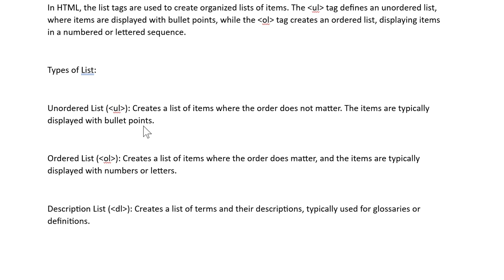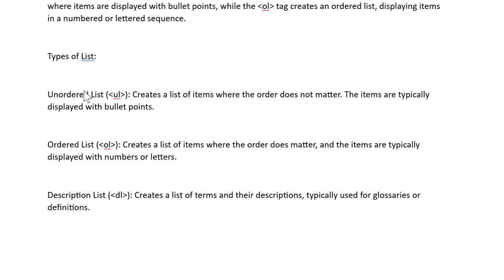Okay, in the unordered list we can find the list of items which are represented with bullet points. While writing a document we usually give some points in bullet points, right? Same as that, in an unordered list the items are denoted with bullet points. Now, the ordered list, OL, creates a list of items